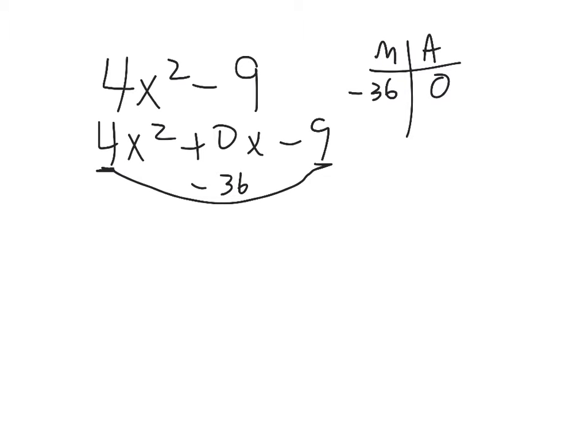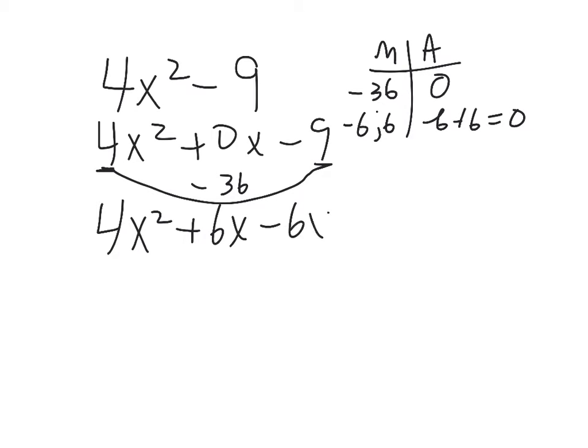Think about things that give you 36. Well, there's a lot. There's 2 and 18, 12 and 3, 6 and 6. Ooh, 6 and 6. That sounds right because I've got to get 0. Now I got a negative 36, which is good. So negative 6 and positive 6 multiply to give us negative 36, and negative 6 plus 6 does give us 0. So those are the numbers we're going to use, and you're going to rewrite 4x squared plus 6x minus 6x